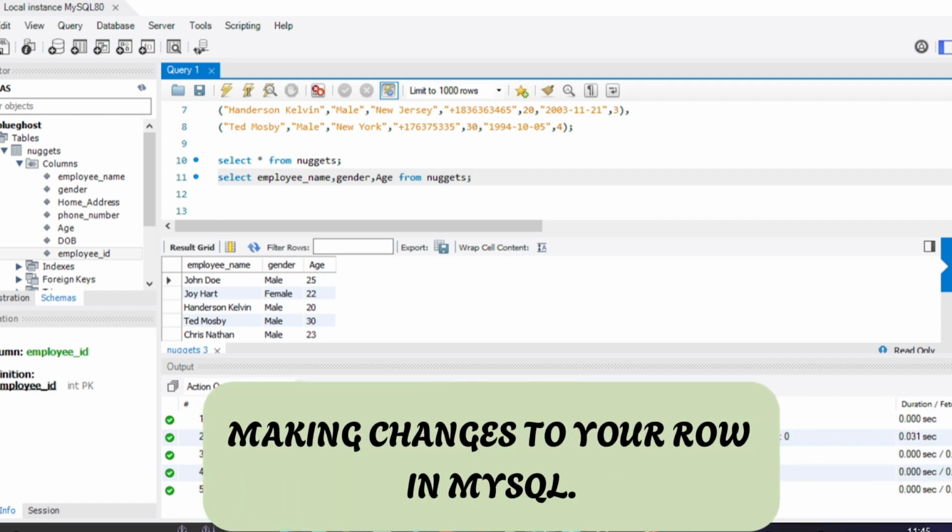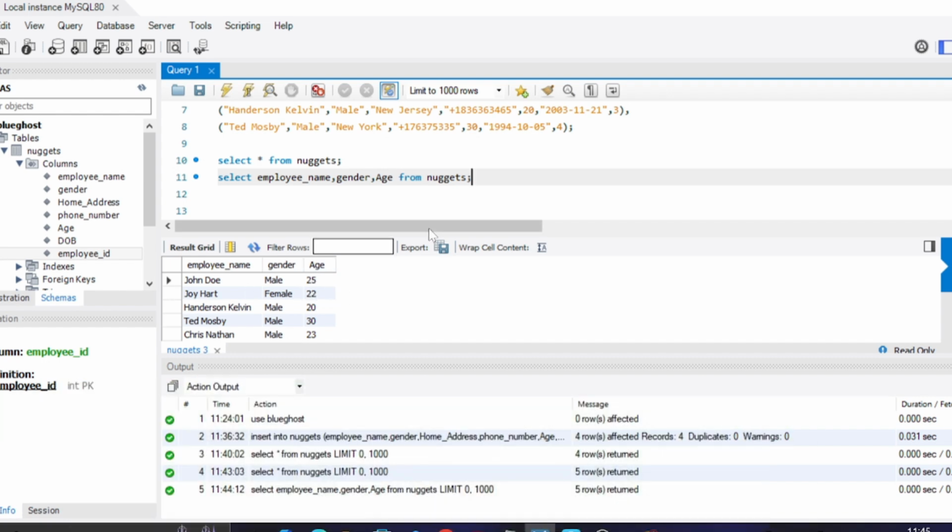Okay, so the next thing we're now going to do is making changes to your row. One of your employees comes to you, let's say John Doe, says he's not 25, he's 40. What can you do in that case? The first thing I'm going to do is to come here and say update. We basically use the update to do this. So I'm going to say update nuggets,